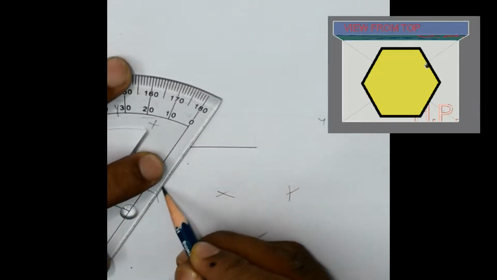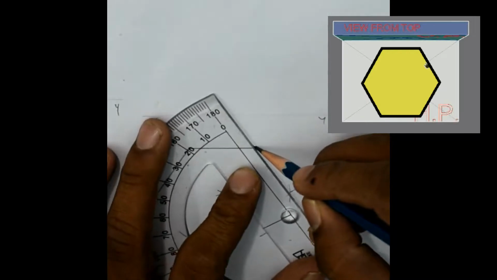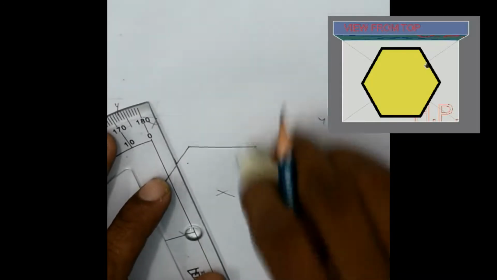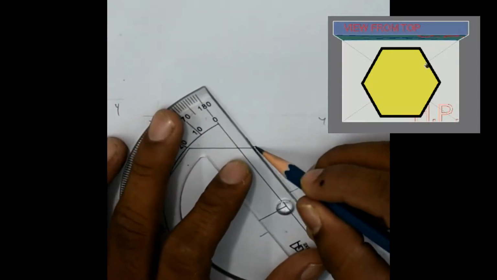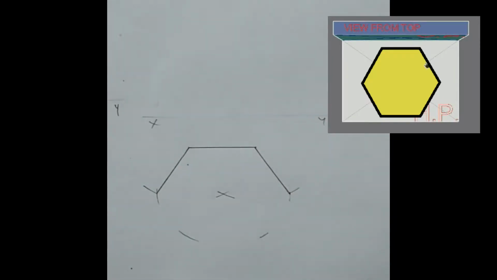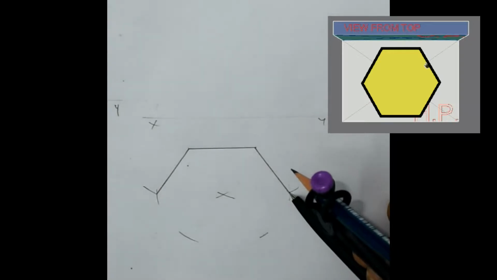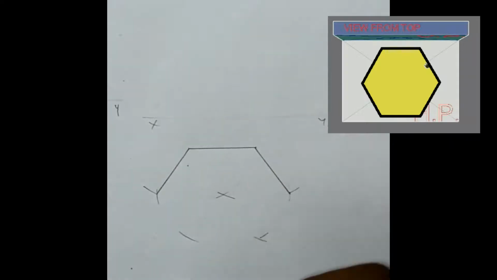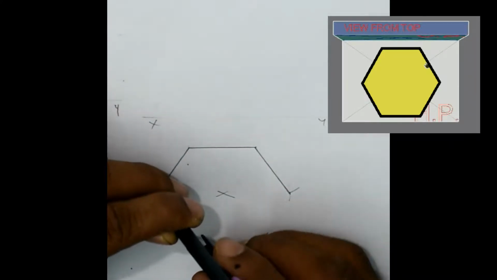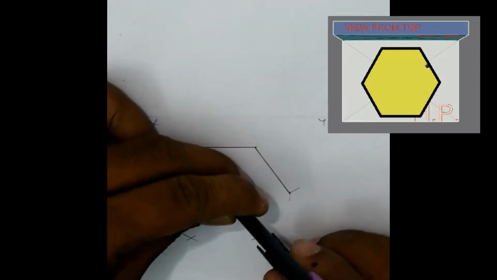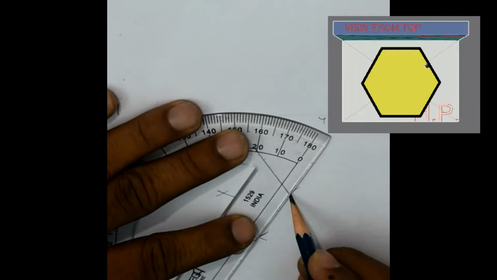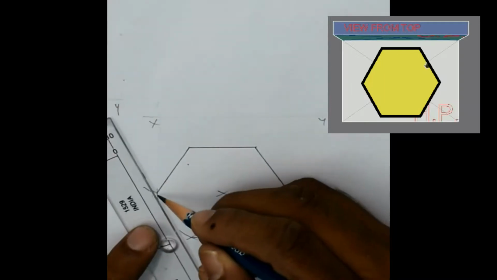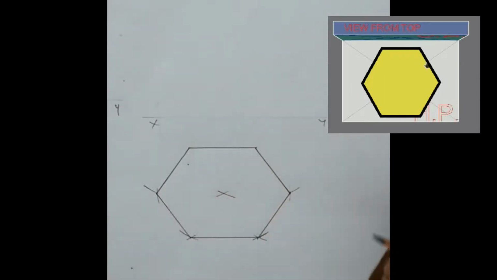After that, you just need to join these arcs. Then the hexagon is completed.